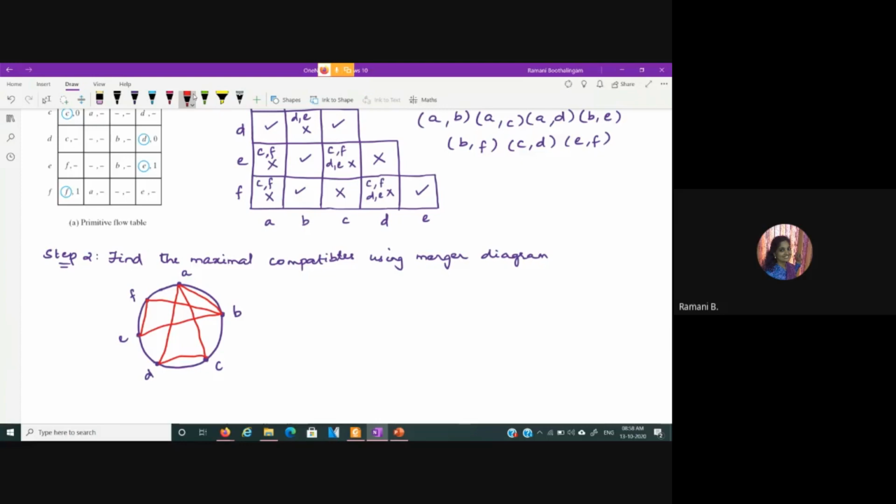So here, next what we do is, we look for a closed structure, okay, to find the maximal compatible. So we look for a straight line or a triangle, or when it is any higher-sided structure, that is a rectangle or any other polygon, you need to check whether the diagonals are also connected. So if you are simply having a trapezoidal structure or rhombus structure without the diagonals being connected, you cannot consider that as a maximal compatible pair. Okay, we shall see such an example also. So here, the maximal compatibles are